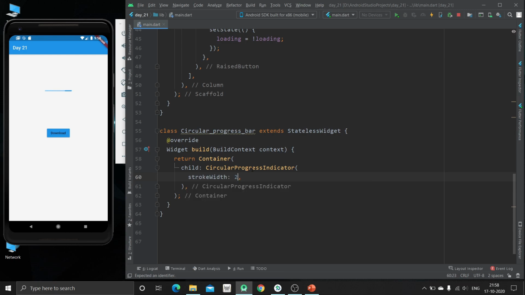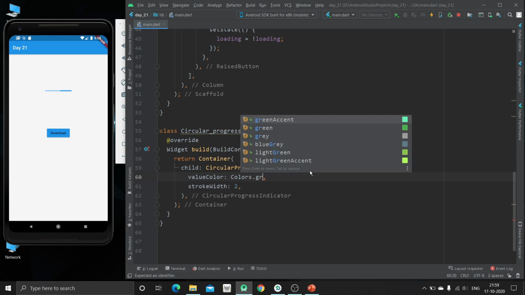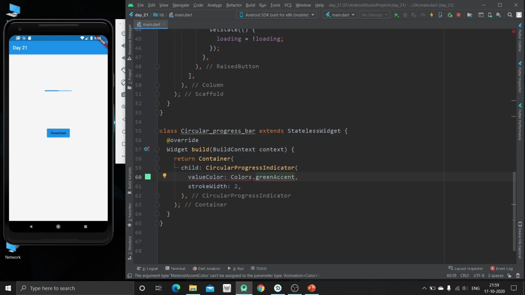The stroke width should be 2, and for the value color or anything like that we can give Colors.green. Let's see. Okay, this value color is not for that purpose, so we will replace it.